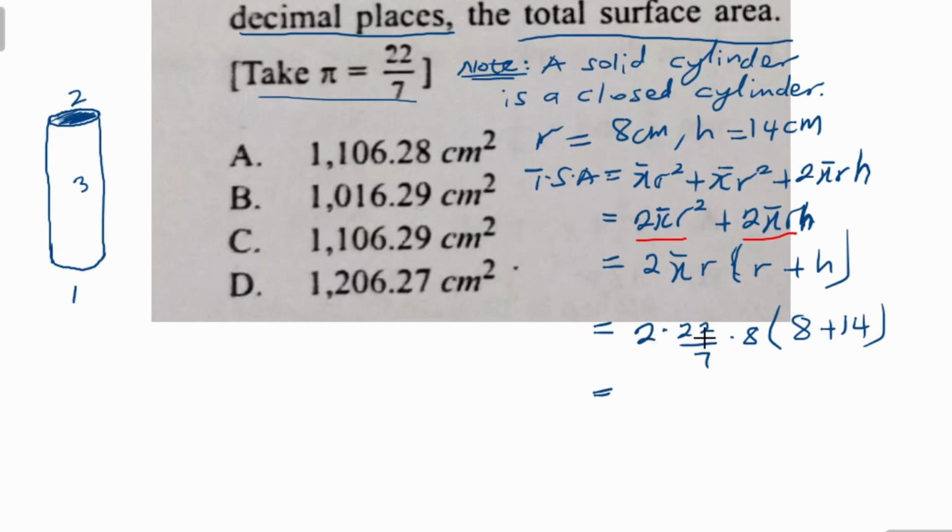And 2 times 22 times 8 will give us 352 divided by 7. And then this one multiplies 8 plus 14 is 22. And when we simplify that together on our calculator, we are going to have